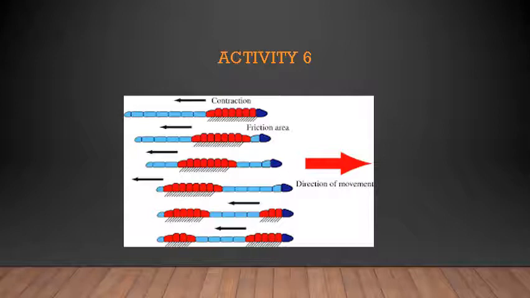During movement, the earthworm first extends the front part of the body. Here in the picture you can see the relaxation and contraction. First it extends the front part of the body and keeps the rear portion fixed to the ground. Rear means back portion. The back portion is fixed to the ground, and then it fixes the front end and releases the rear end. First it moves the front end of the body forward, and then it releases the back of the body to come forward. It then shortens the body and pulls the rear end forward. This makes it move forward by a small distance.